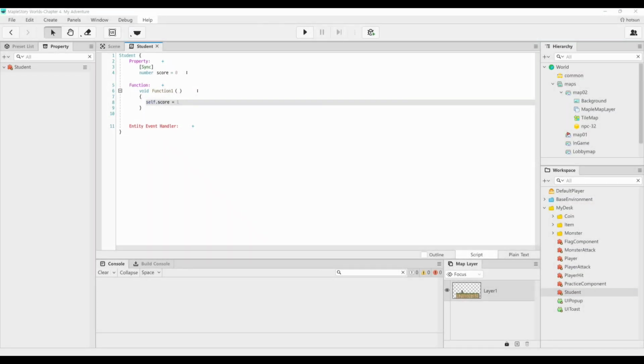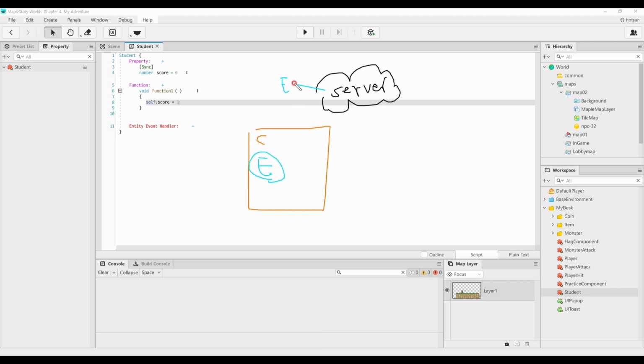So remember that there were two entities, one in the server, one in the client. These two entities exist in different spaces, and they have a property called score. Okay, so first, the value starts out as 0,